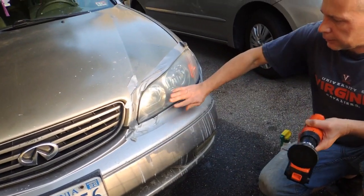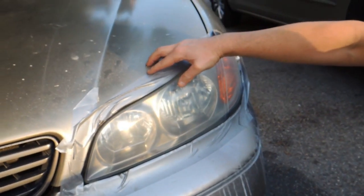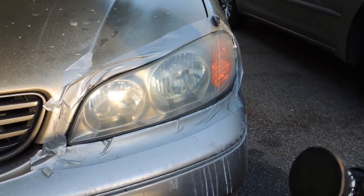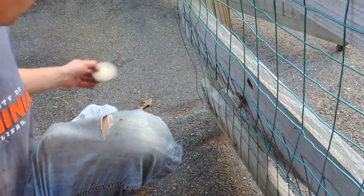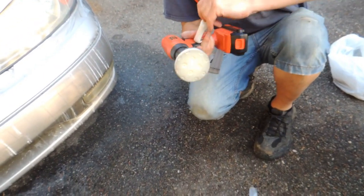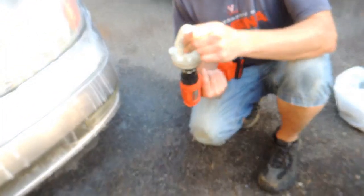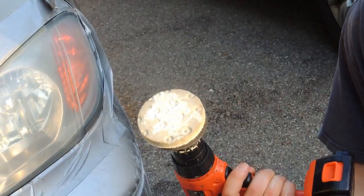After 2000 grade polisher, we have some results. The headlight much brighter, transparent, and then we need to finish with the final step, we applying the polish pad. So this polish pad with the polishing solvent. So the polishing pad, and we have some solvent over here. So we're applying the solvent on our polishing pad, and then we're going to polish the final step, final polishing